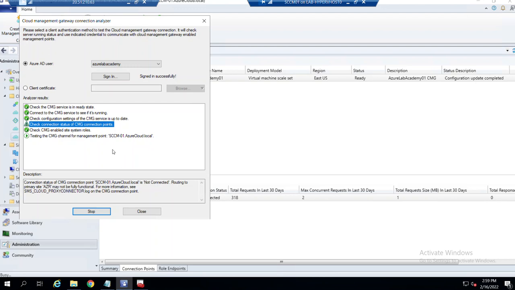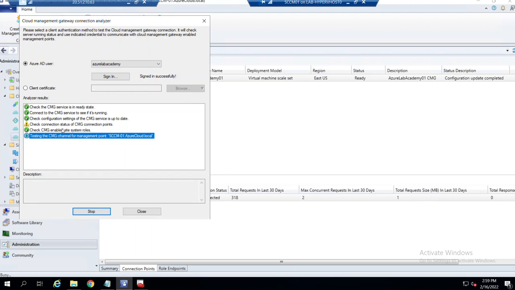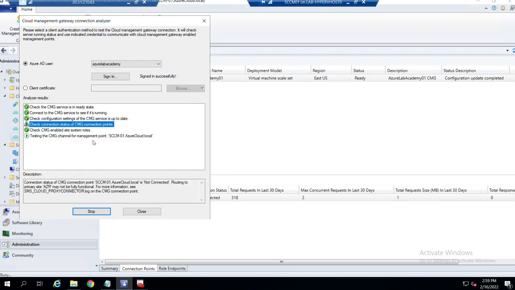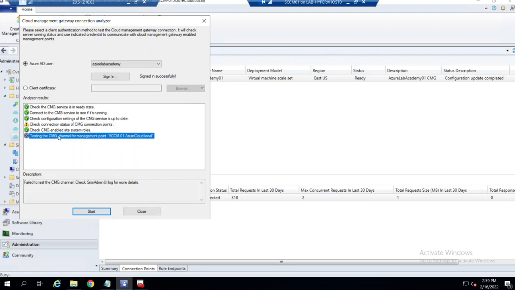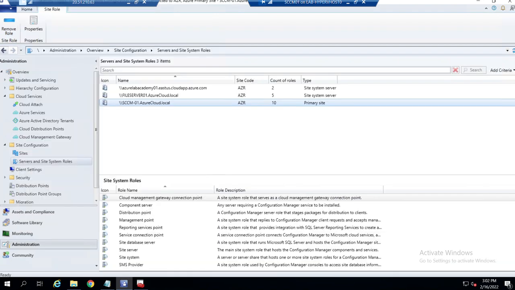More information. Alright, so I'm gonna dig into this little warning, but I don't see any error messages here. So that's a good sign. Oh, now turning to red. So testing the CMG channel for management point. Okay, so we failed to test the channel CMG. Okay, got it. So what I did here, I forgot to add the management point properties, but just